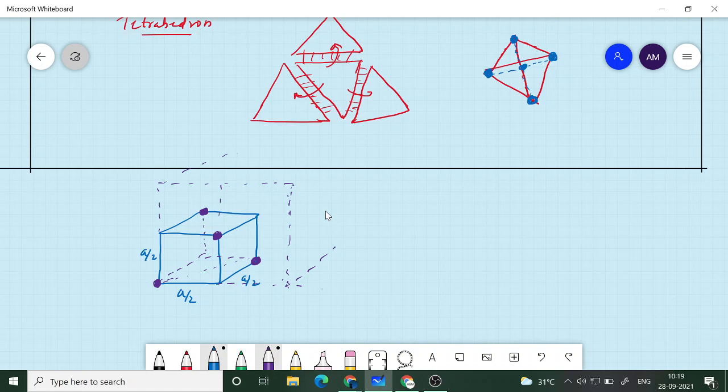And then you imagine, if you take a by 4, that will come to the center. It will come to the center of the cube. So this is not at the corner of this cube, but it is at the center, like a body center. And now if you draw this, this is a tetrahedron. If you assume each of these forms a shape like this, that is what is called a tetrahedron. So there are multiple ways you can visualize the same thing.